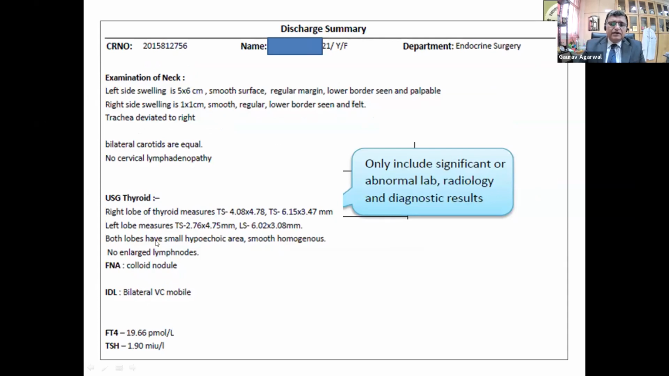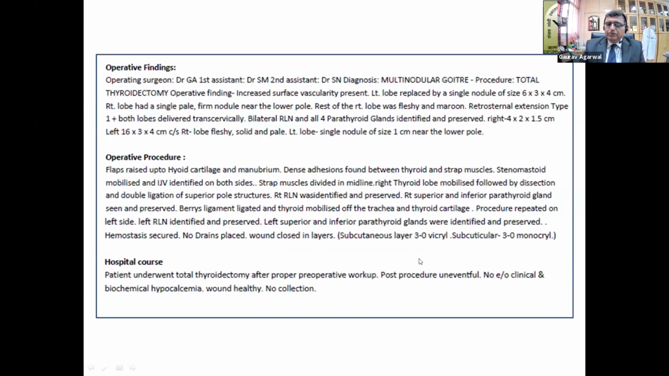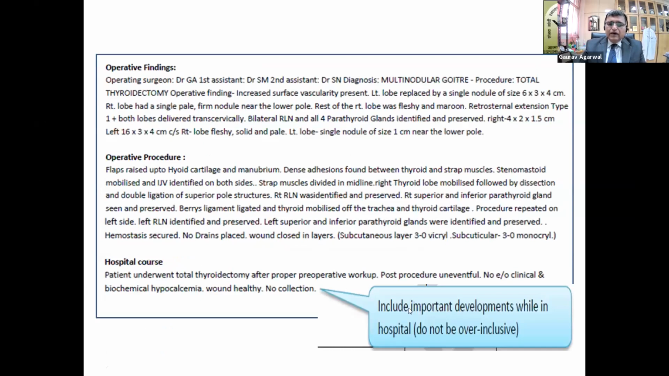For example, here the crucial investigations based on which you made a treatment plan, and that the treatment plan may have been executed. And then finally, you must include the important developments about the patient while the patient was in the hospital, but do not be over inclusive. You do not need to document even a minor happening that may have happened,